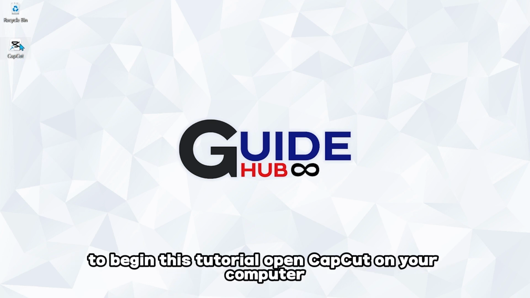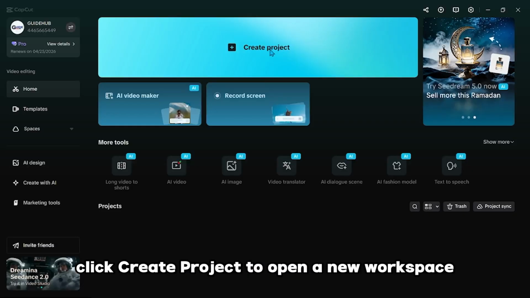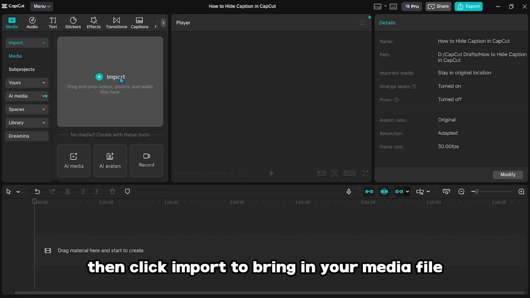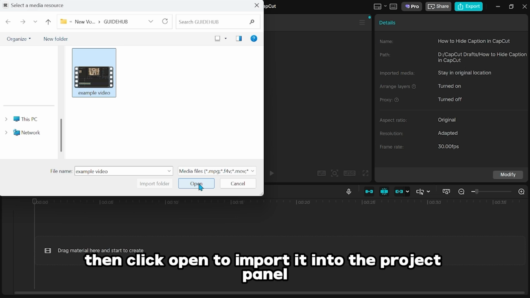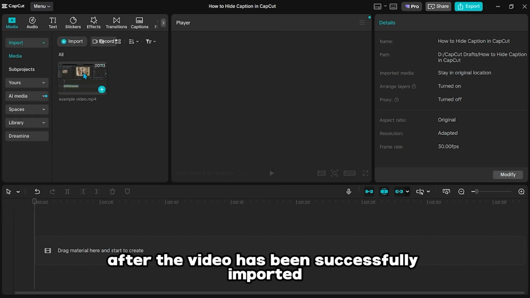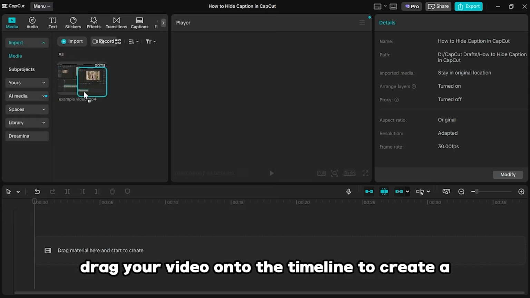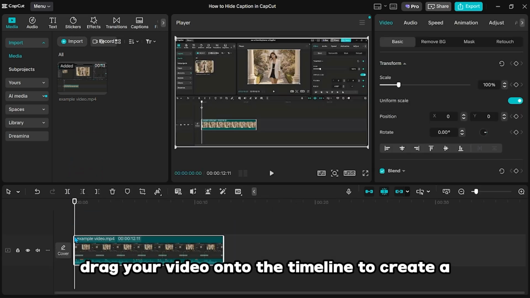To begin this tutorial, open CapCut on your computer. Click Create Project to open a new workspace. Then click Import to bring in your media file. Choose the video file you want to use from your computer, then click Open to import it into the project panel. After the video has been successfully imported, drag your video onto the timeline to create a sequence where you